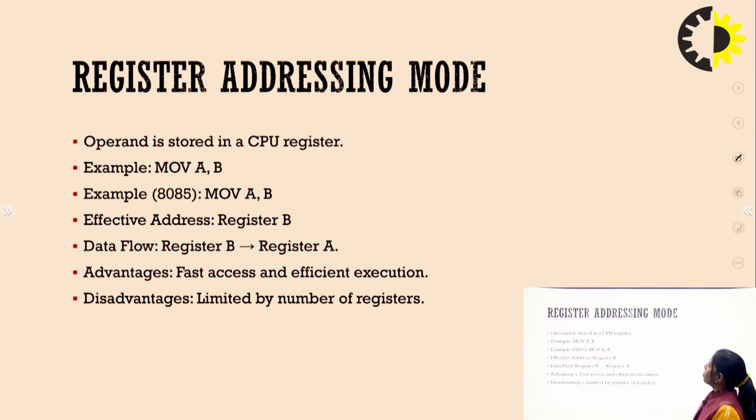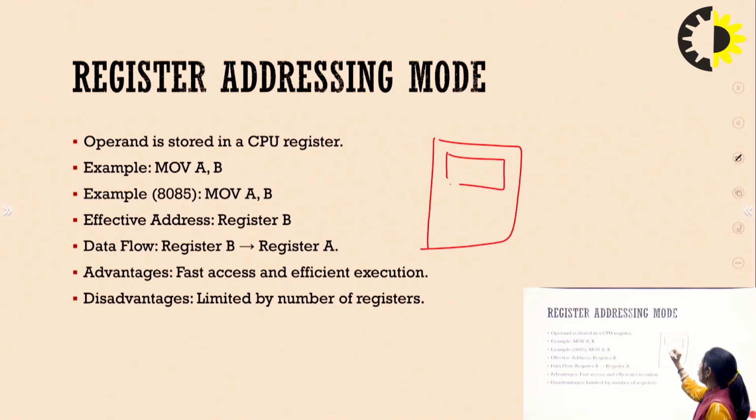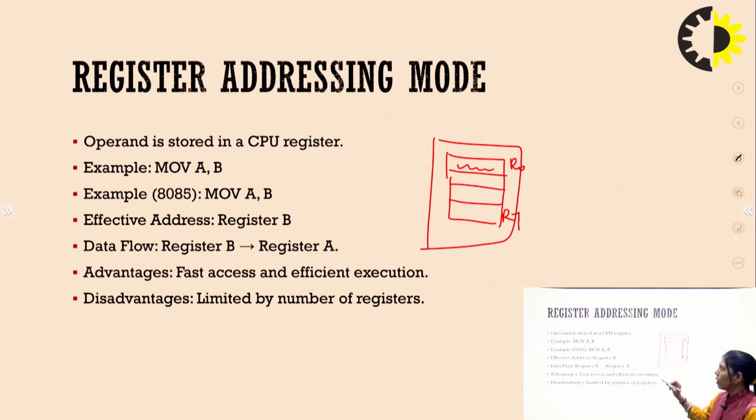Next is the register addressing mode. Here, the operand is stored in the CPU register. So, it's comparatively very fast, because in the processor register organization, we have seen there is a stack of registers. In any register, that particular data will be stored. It will be easier for the processor to fetch that data from any location. If there are 8 registers from R0 to R7 and our operand is stored somewhere in these registers, then that value can be easily brought